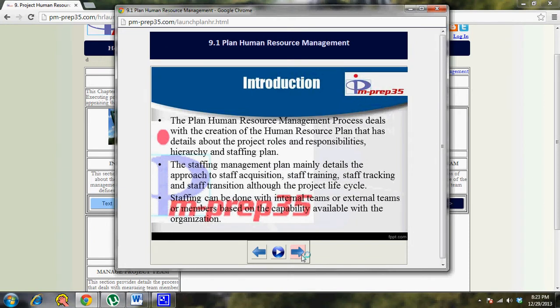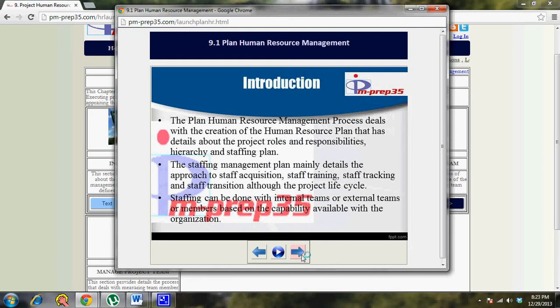The amount aspect or the costing aspect will be part of your activity cost estimates process, but then you have to identify in what phase what resources will be required, and what sort of rewards and recognition you will give them in what phase, and then you also need to think of appraisal reviews and how you would deal with the resources, what sort of appraisal you would follow. So it covers a lot of area in terms of human resource planning.